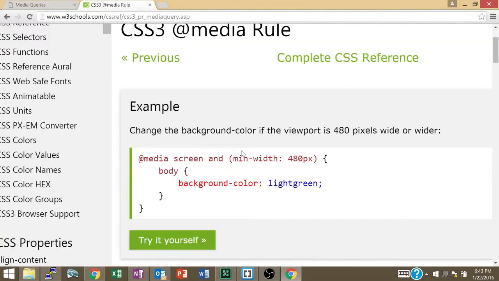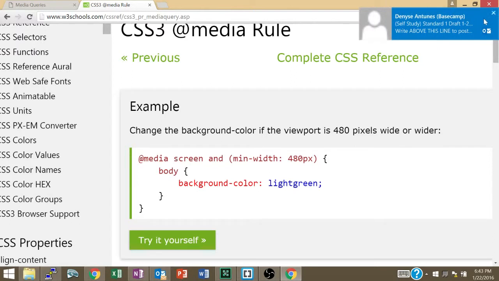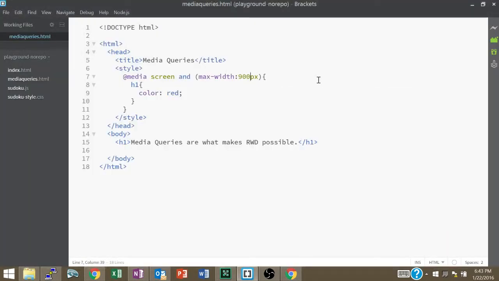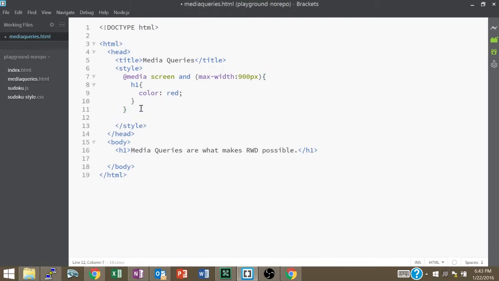So what's the other commonly used type of media that we see? You ever order something online and then you want to print a receipt and it looks like a piece of crap because it's just printing a sidebar and a banner and all that stuff? Well, we have print media too. Whenever we're printing, we can create printer-friendly layouts, and usually it's as simple as creating a media query for print. So media print,